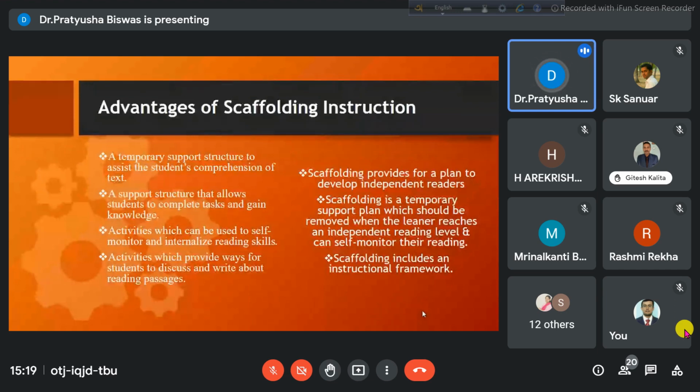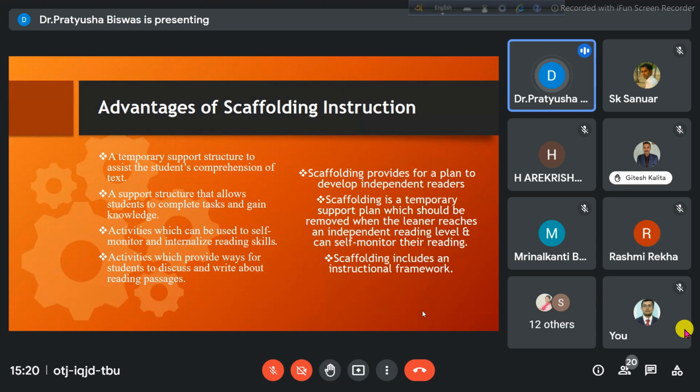Scaffolding is a very serious instructional technique, and if you want to use scaffolding in a classroom, you need to have certain predetermined goals and objectives and a layout through which you plan to conduct the scaffolding instruction for the special children or for the children who need some special attention. Scaffolding doesn't always mean that only the weaker students will get the advantage. Scaffolding also happens for children who are above the cognitive level of the class and who feel that if they are exposed to more content outside the classroom, their knowledge will be enhanced.